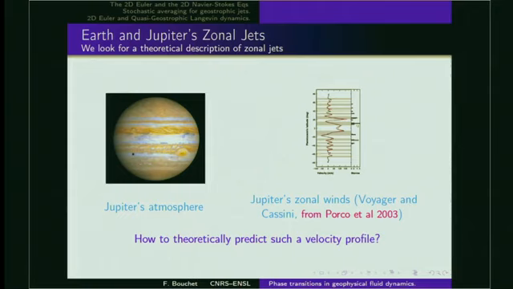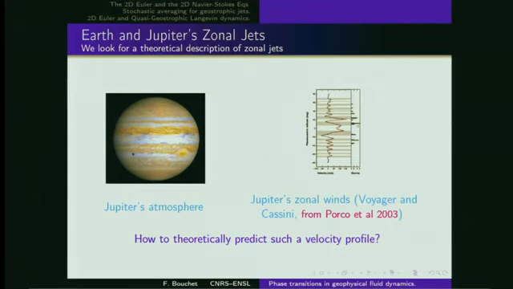Here the phenomenon is a flux of energy towards the large scale. This flux of energy is no more local in the scale space, in Fourier space, as soon as you have this large-scale feature. So it's not a local flux of energy. So the phenomenon is really there in the physical space. And what we try to do is to predict the velocity profile.